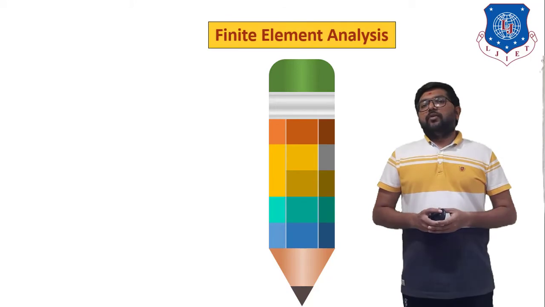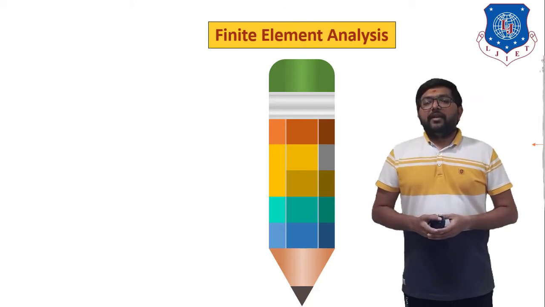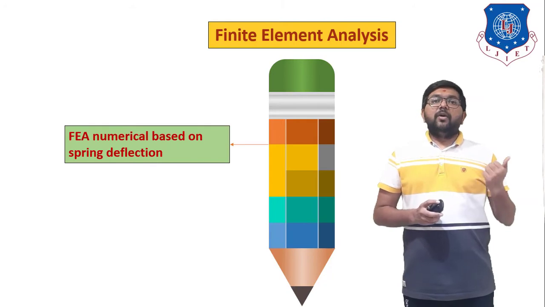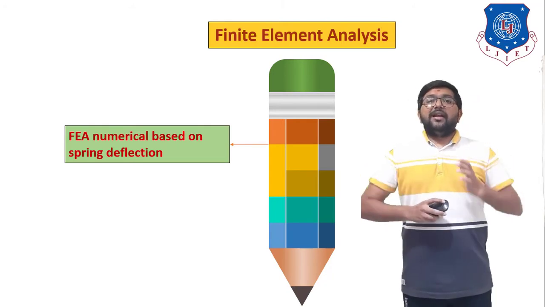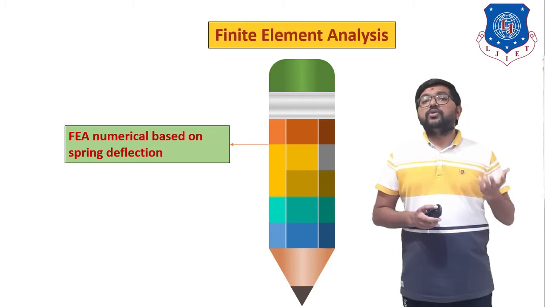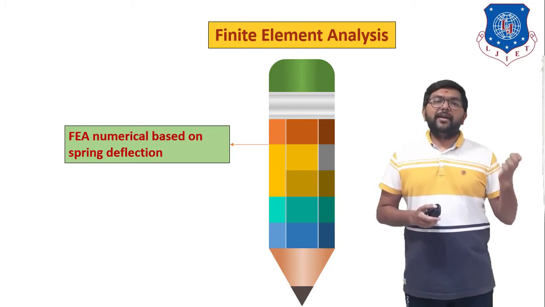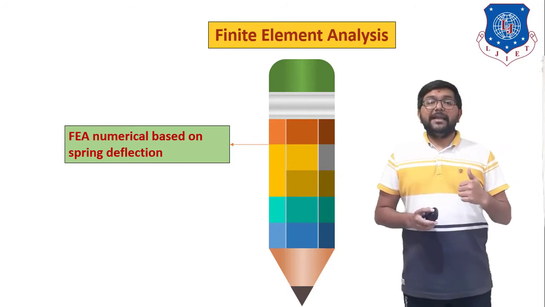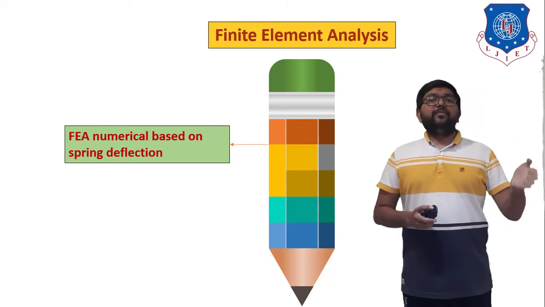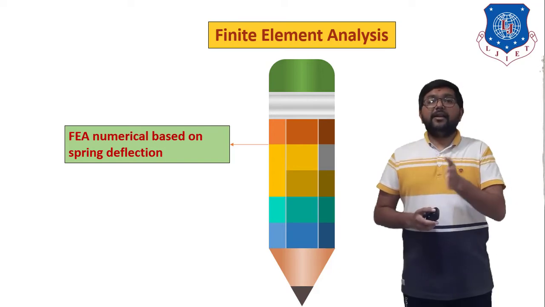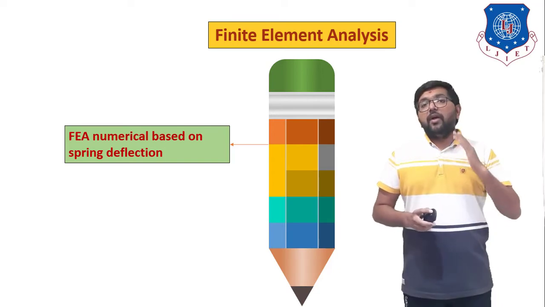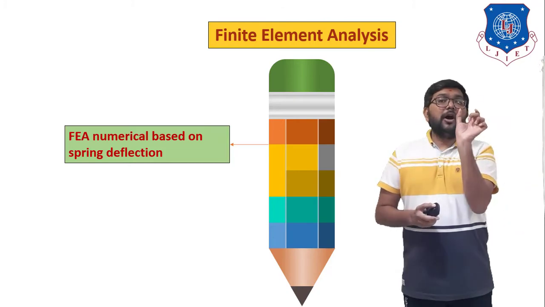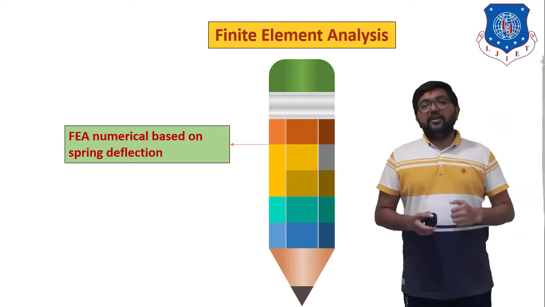So in today's session we have to solve some numericals based on FEA. In the last session we discussed the theory of how to solve an FEA problem. Clear? In that theory we discussed a total of 8 steps to solve any problem related to finite element analysis. So today we will discuss a numerical based on spring deflection. If we apply a force on a series of springs, the springs are deflected, and we have to find out how much they deflect.